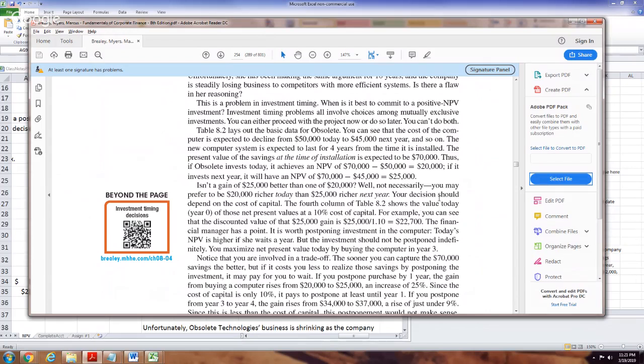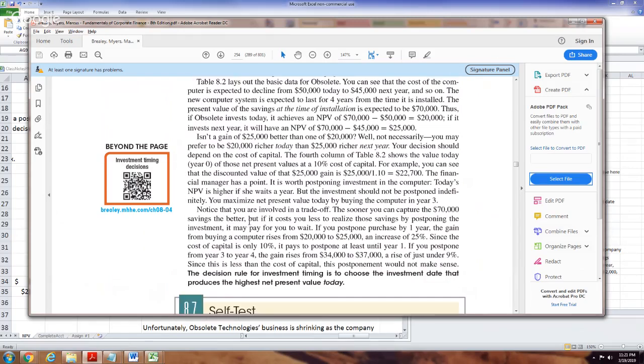And you'll see right here, 25,000 a year out with a 10% cost of capital is really 22,000. So it's certainly bigger than the 20,000. So it's those kinds of arguments with this. This is all trade-offs. And like I said, I'm just skimming through this. You guys can read through the arguments here yourselves.